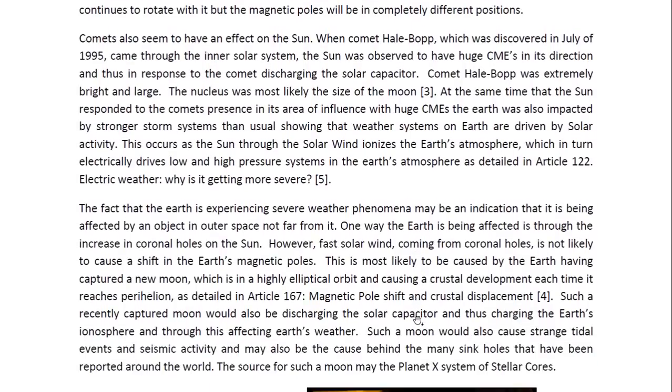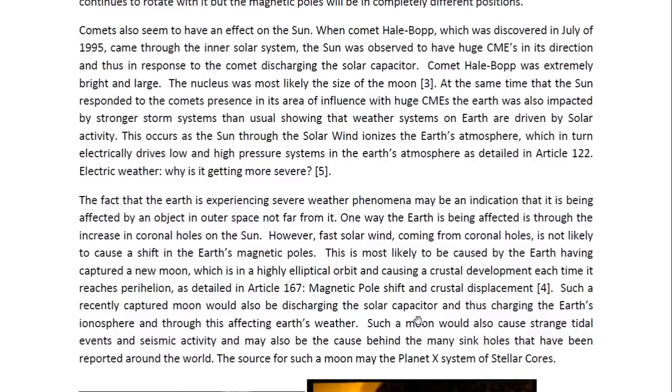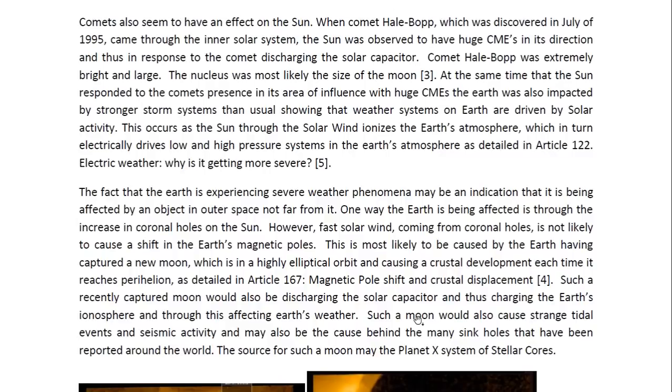Now, the fact that the Earth is experiencing severe weather phenomena may be an indication that it is being affected by an object in outer space not far from it. And one way the Earth is being affected is through the increase in coronal holes on the Sun. However, the fast solar wind coming from the coronal holes is not likely to cause a shift in the Earth's magnetic poles. This is most likely to be caused by the Earth having captured a new moon, which is in